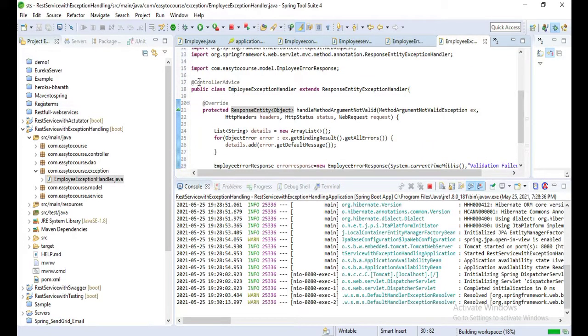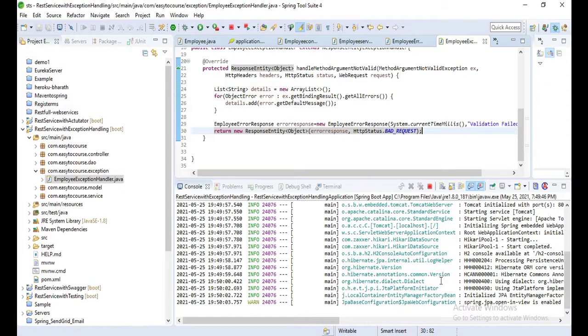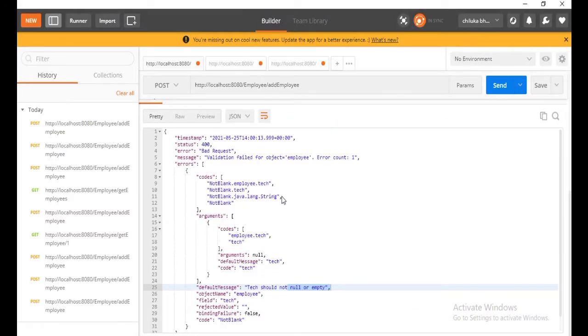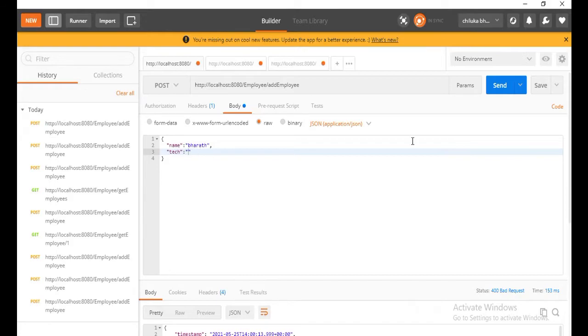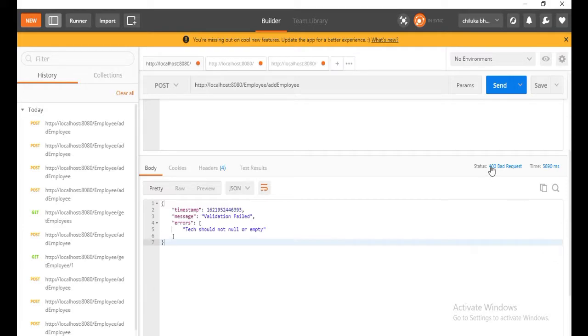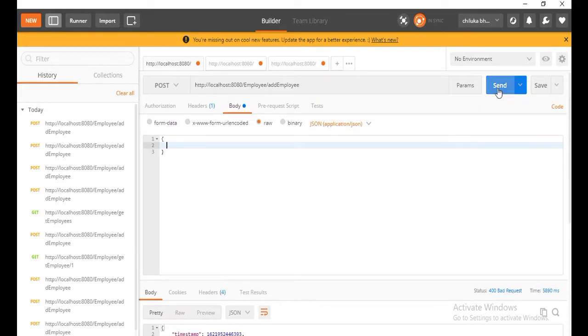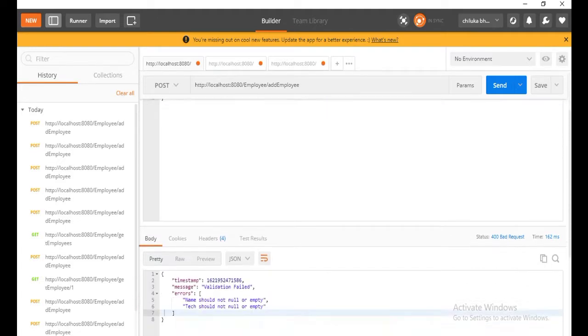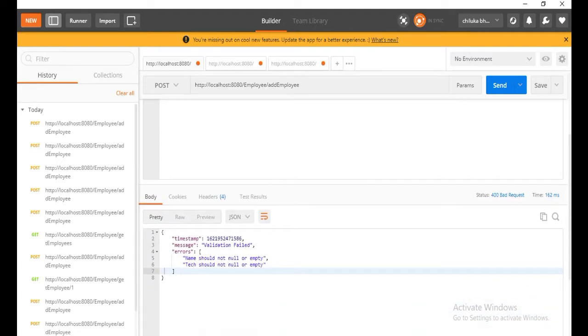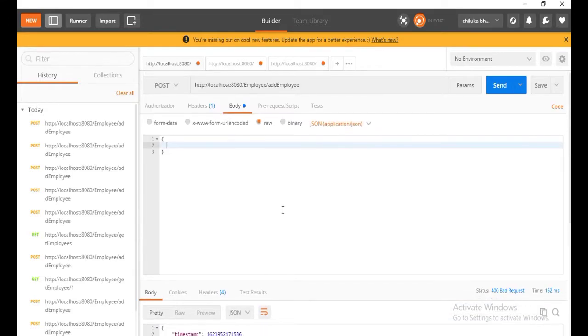Okay, now let's relaunch again. Let's verify. Okay, application relaunched. It started. Now let's try send. Here text is null. Yeah, we got the error response: text should not be null or empty, the message which we wrote at the NotBlank annotation. Now let's give two blank values. Here you can see name should not be null or empty and text should not be null or empty. Okay, now it's working. It's validating correctly and we got the correct error response.